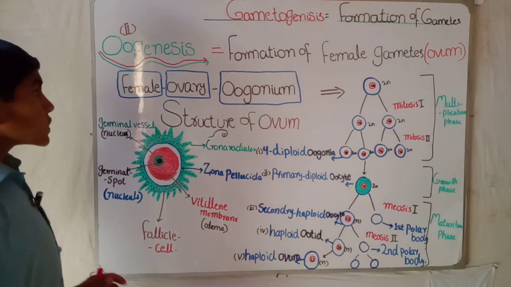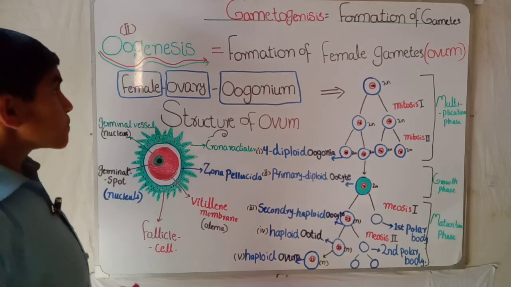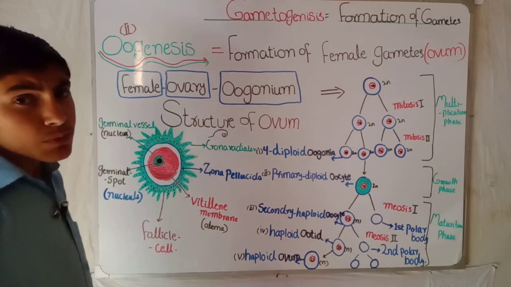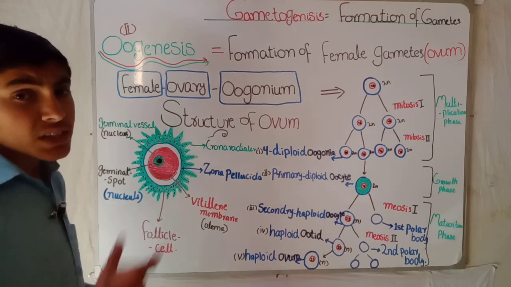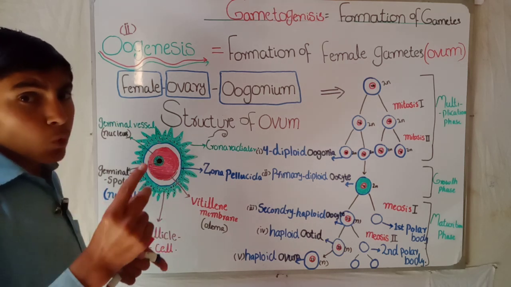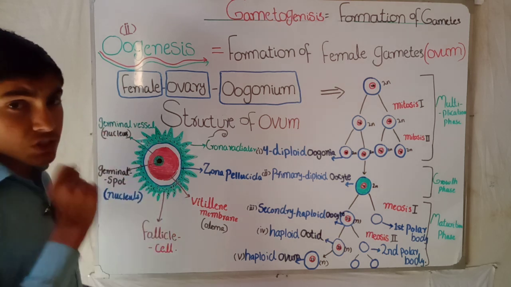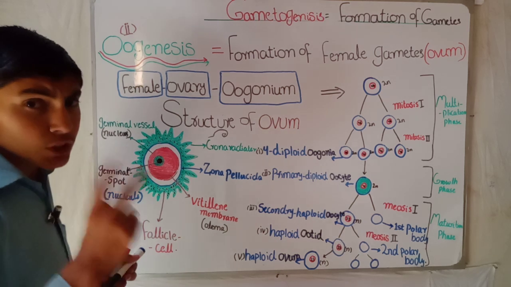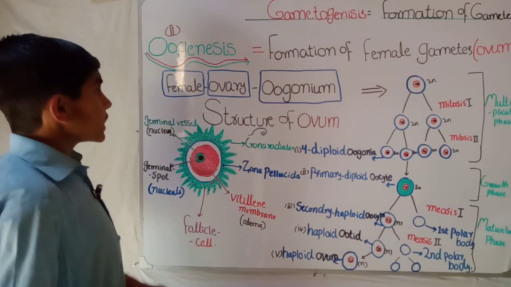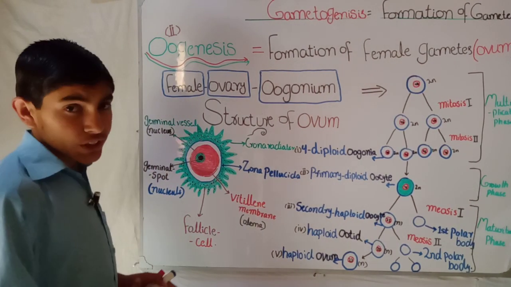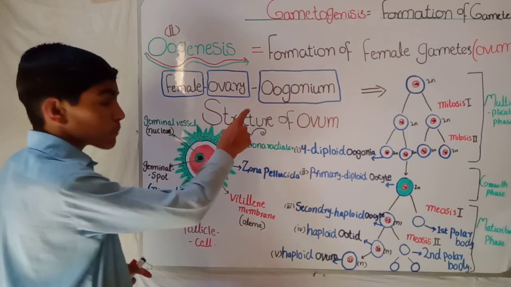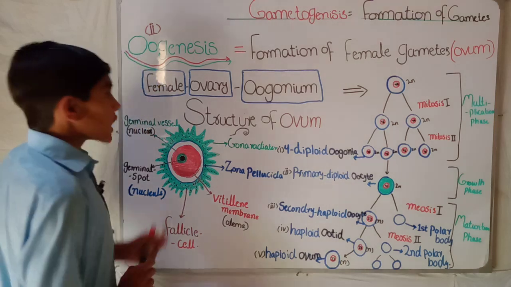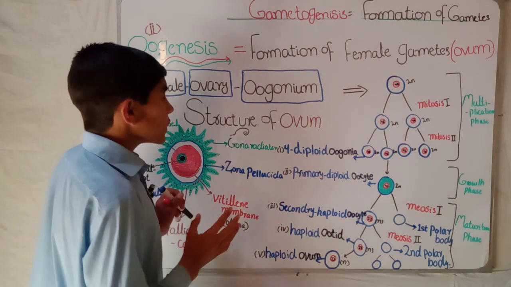So oo means ovum, which is the egg cell, and genesis means synthesis. So the synthesis or formation of ovum is called oogenesis. If we talk about the female reproductive system, in the female the reproductive organ is the ovary. In the male there is the testis, but in the female it is the ovary. And in the ovary there are a lot of